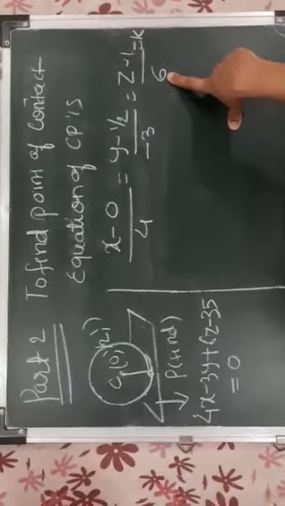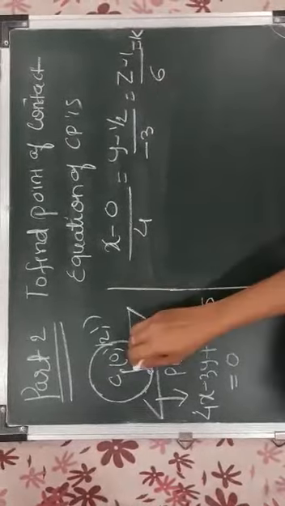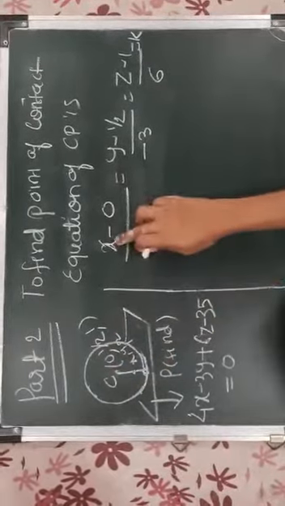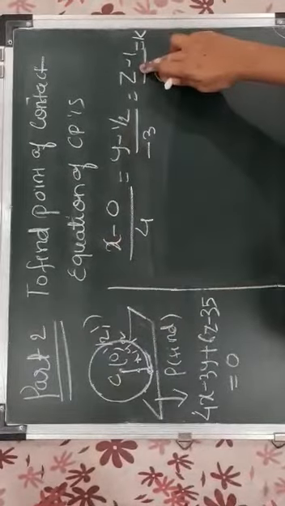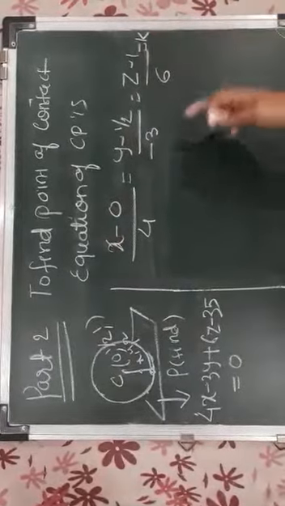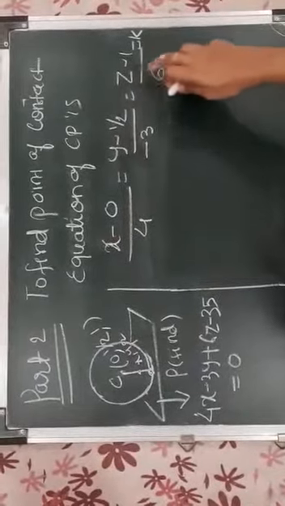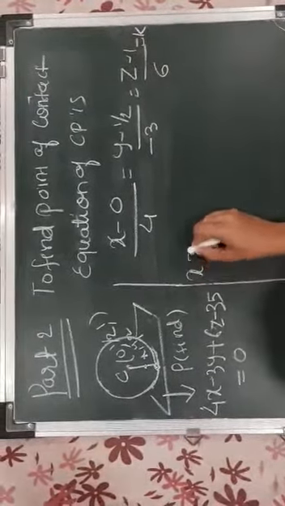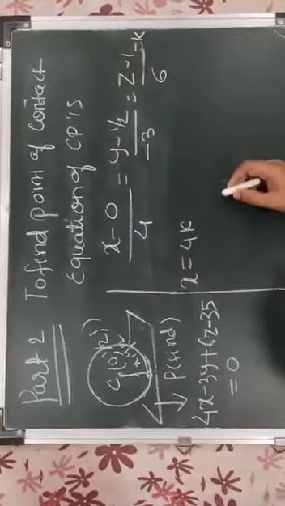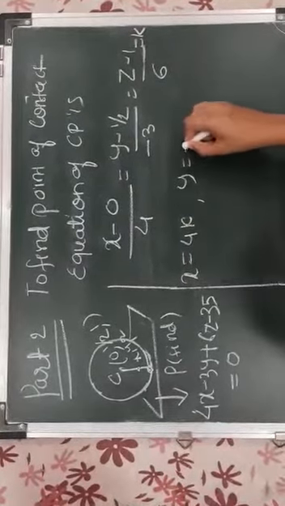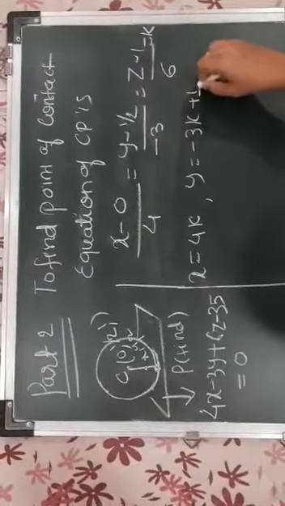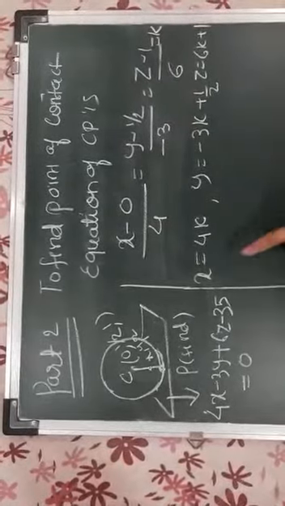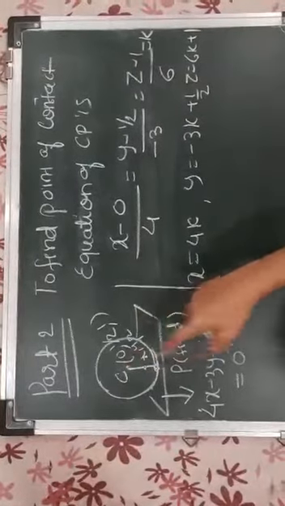Another way to find the direction ratios of CP is if x, y, z is any point on this line CP, then x minus 0, y minus half, z minus 1 will be other direction ratios. So this equation in symmetrical form will be compared to a constant k, so that x becomes 4k plus 0, that is 4k, y becomes minus 3k plus half, and z becomes 6k plus 1. So x, y, z, any point on line CP looks like this.